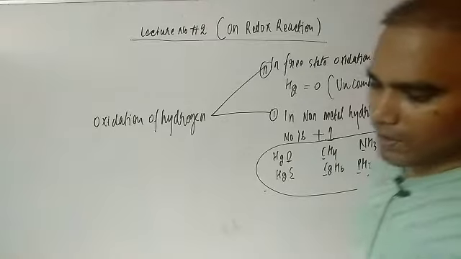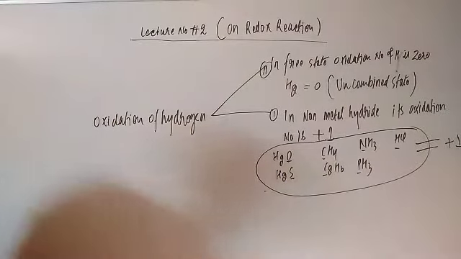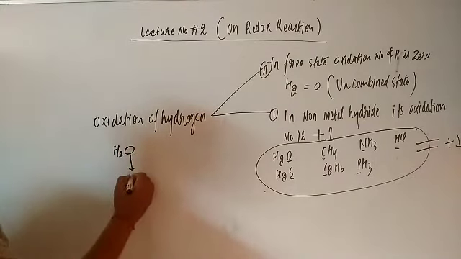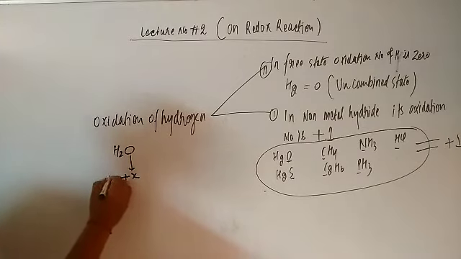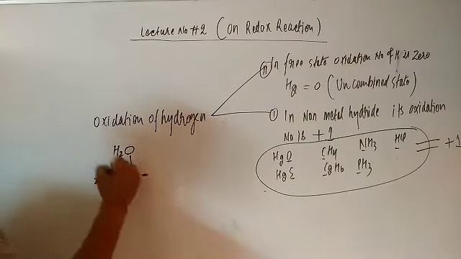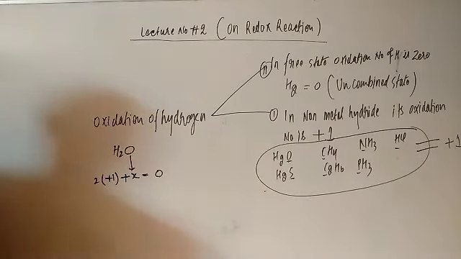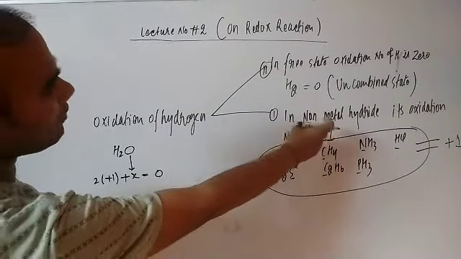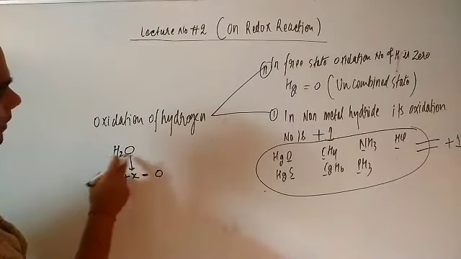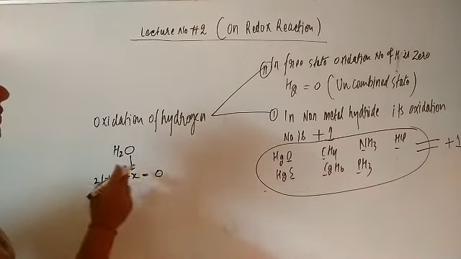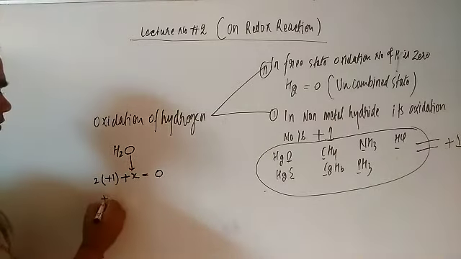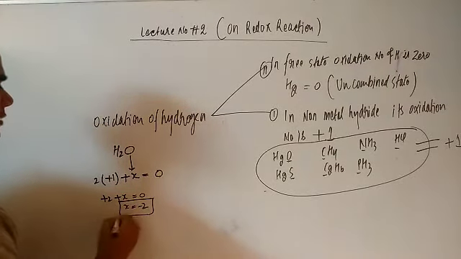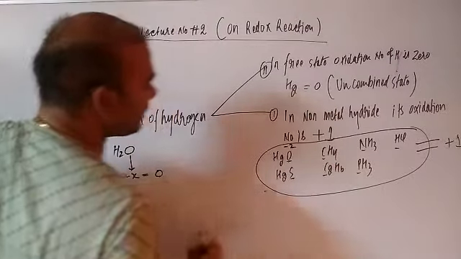So let us try to understand one by one, students, how to calculate the oxidation number. Suppose I am having H2O. We have to calculate oxygen, and hydrogen is +1, and 2 hydrogens are there. There is no charge on this compound, so 0. Oxygen we don't know, so we consider X. Hydrogen, the rule already says, in non-metal hydride its oxidation number is +1, because oxygen is a non-metal. So you can solve: +2 plus X is equal to 0. So X is equal to how much, students? -2. So here oxygen has oxidation state -2.